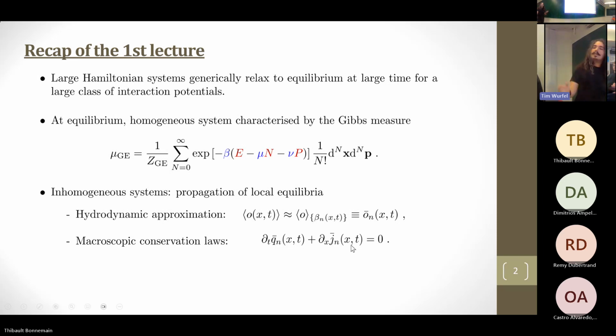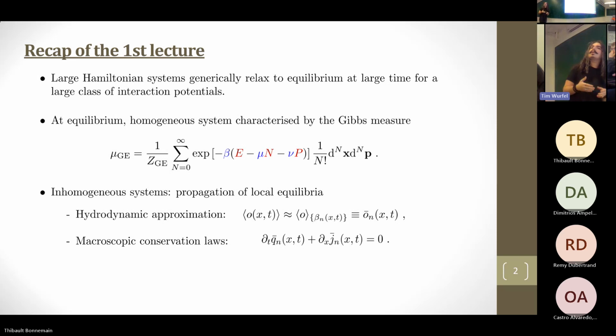And the main idea behind this assumption is the fact that we observed that in real classical fluids, typically the Lagrange parameters, the beta, the mu, and the nu, vary over distances that are typically of order 10 to the minus 4 meters, whereas the interparticle distance is typically of order 10 to the minus 7 or 10 to the minus 10. So you can construct fluid cells which contain a few thousand particles, let's say, and then you assume that those fluid cells are locally at equilibrium, that they are well described by the Gibbs measure, with Lagrange parameters now depending on x and t, corresponding to the fluid cell,